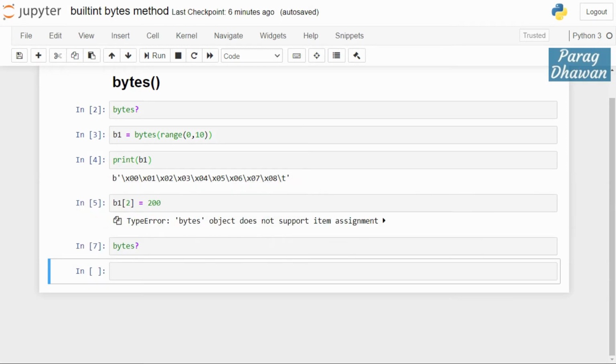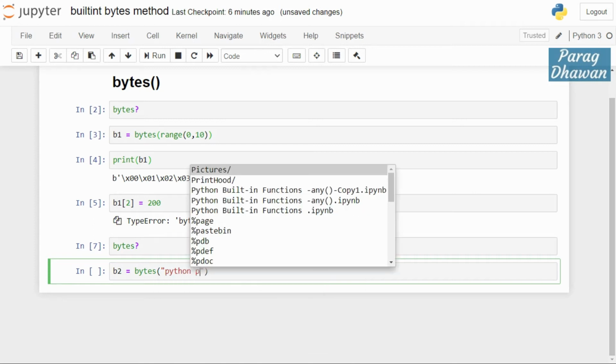For example, I am creating the byte array b2 using the bytes function and passing the string "Python programming".